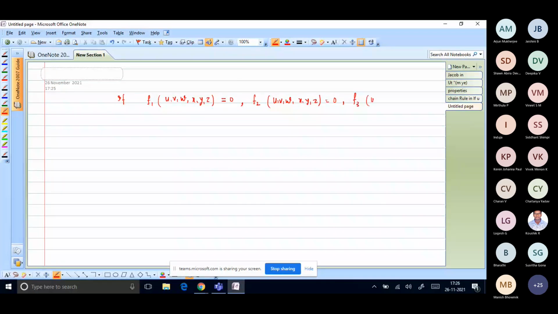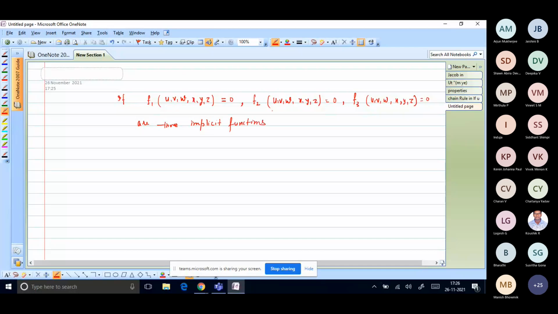F3(u, v, w, x, y, z) equal to 0. So if these are three implicit functions, where u, v, w are implicit functions of x, y, z, then in this case, if you are going to find the Jacobian of u, v, w with